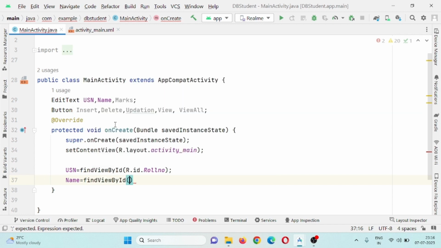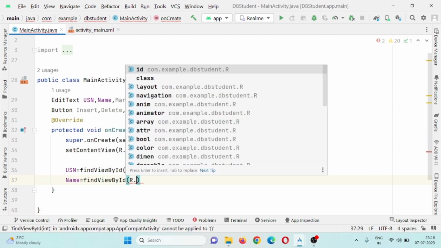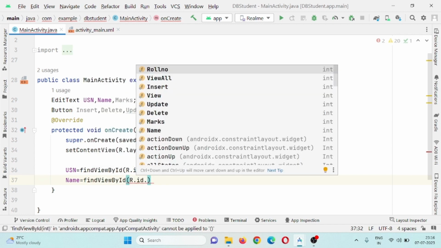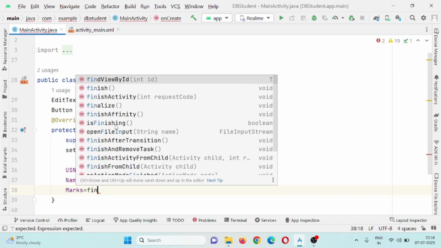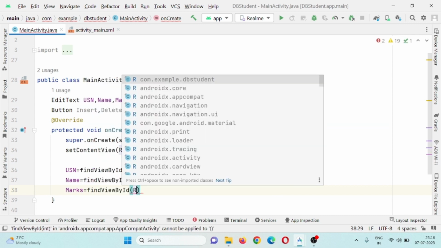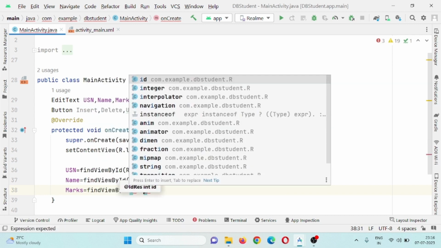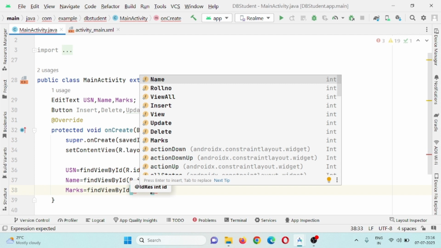findViewById R.id. Name, marks. findViewById R.id. Marks,